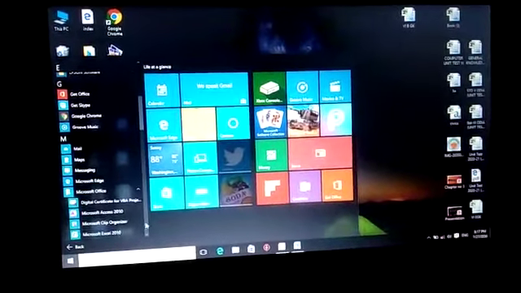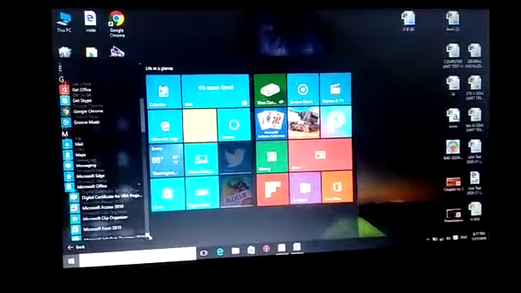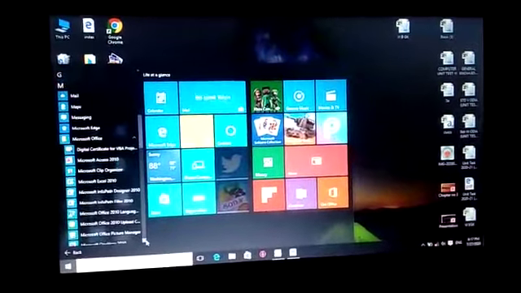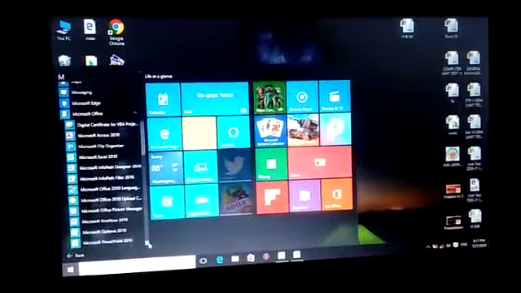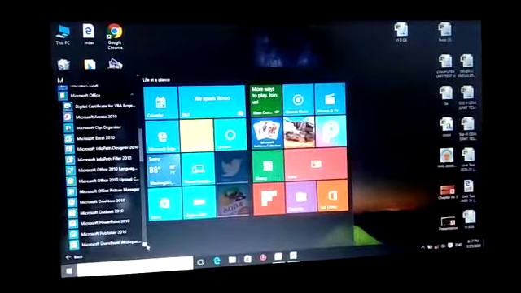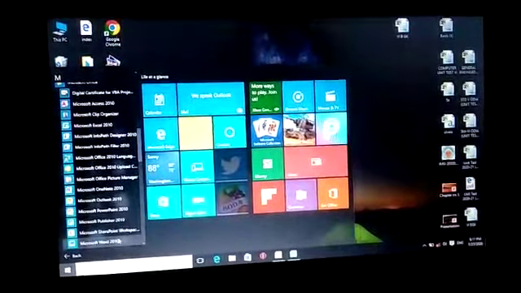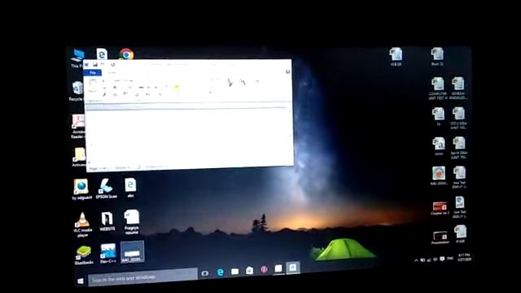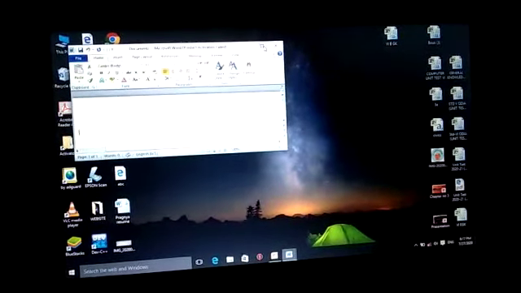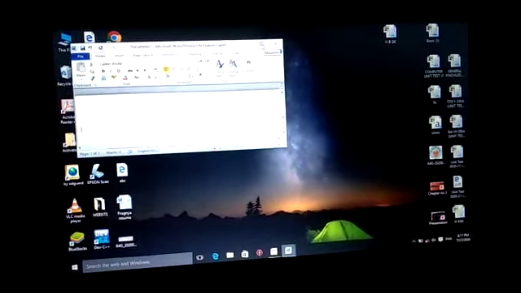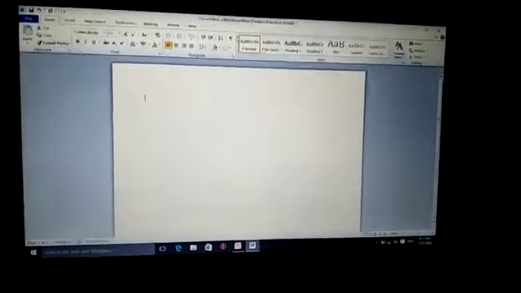Then click on Microsoft Office, and from there we have to choose Microsoft Word. Then I click on this. Now you can see a page is available. This is your Microsoft Word document.